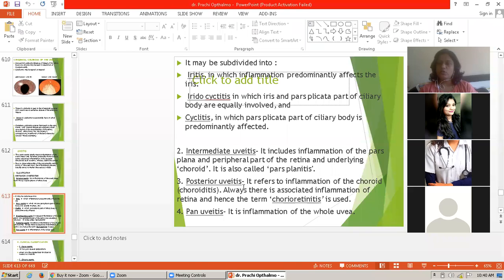And posterior uveitis. So it refers to the inflammation of the choroid, that is the choroiditis, and always there is associated inflammation of the retina. Hence, the term chorioretinitis is used. So when there is a posterior uveitis, it refers to the inflammation of the choroid. So choroid is situated posteriorly, and there is the inflammation of the